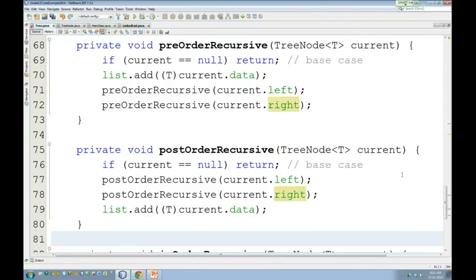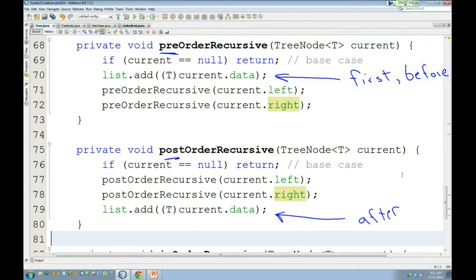Now, this is actually super easy to remember. If you think about the wording itself, pre and post. Step out of computer science for a second. What does the word pre mean? Before. What does the word post mean? After. Where is this line being put amongst the 3 instructions? It's being put first, or it's being put before. Where is that line being put in the post order traversal? It's being put after. And notice these always just go left, right, like you would imagine they would go,